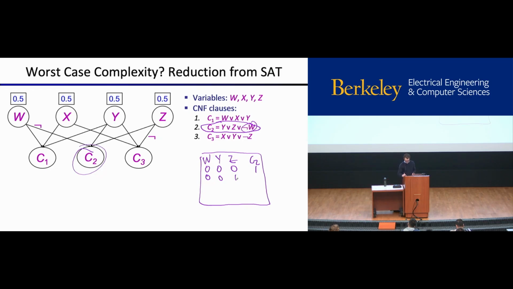So now we look at Z equals 1 and W equals 0. Well, W is still 0, right? And so not W is going to say yes. There's a bunch of other things here. Eventually we get to this one, and so we have Y or Z or not W, and there's going to be a couple of zeros in here, but overall it's going to be a lot of ones. So this is our conditional probability table. It's saying C2 conditioned on all of these things. And then we're going to have another conditional probability table for each of C1 and C3.